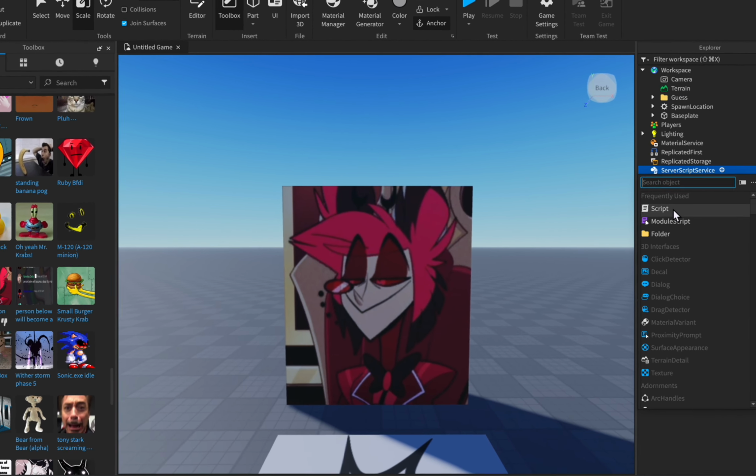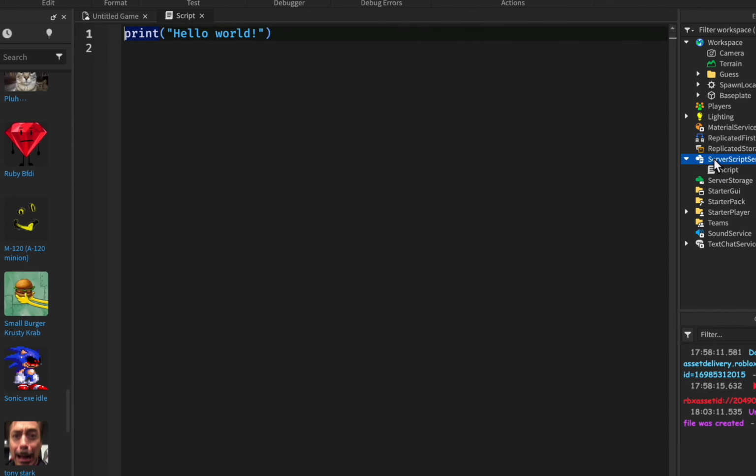We're going to insert a normal script because we always insert normal scripts inside of ServerScriptService. We want the block to disappear temporarily on everybody's screen once a player guesses. So if one person gets it correct, everybody gets access for 5 seconds. So we're going to need to access the player that joins so we can access their chat. So